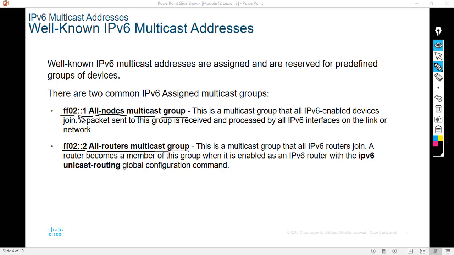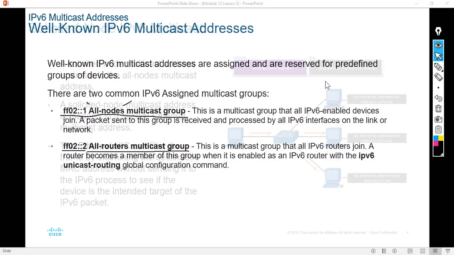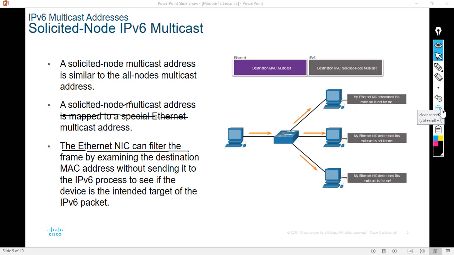Now FF02::1, remember that this is all nodes. Every IPv6 enabled device joins that all nodes multicast group, and it's pretty straightforward because you see here all nodes. So it's like a broadcast to all the devices, all IPv6 enabled devices. What about the